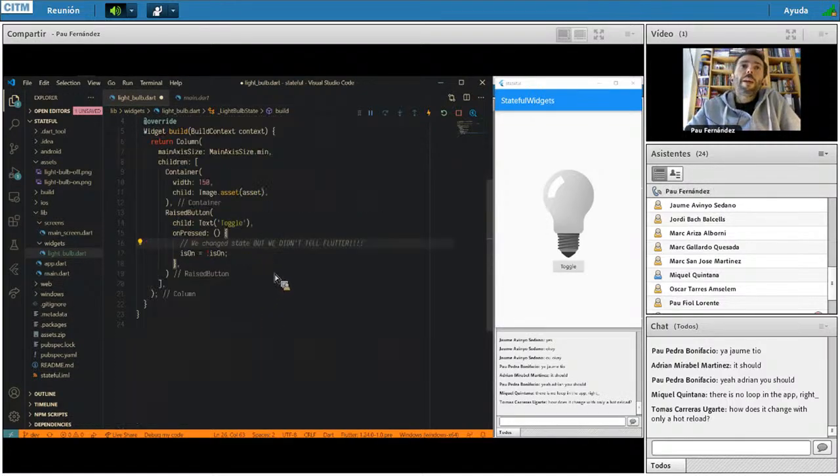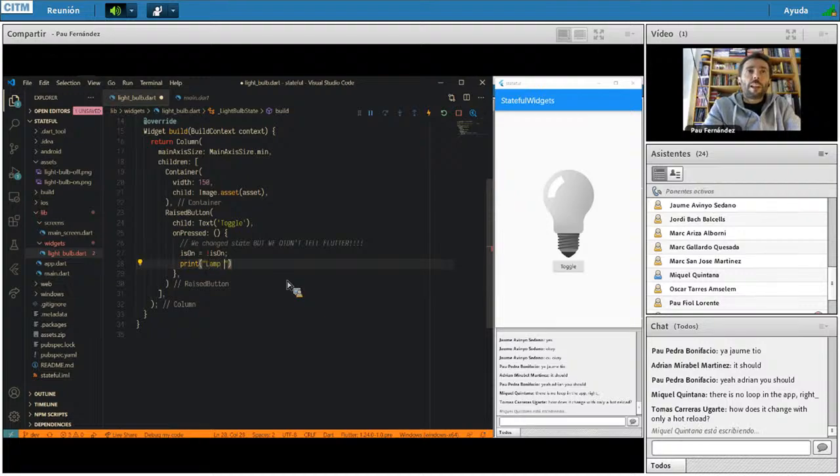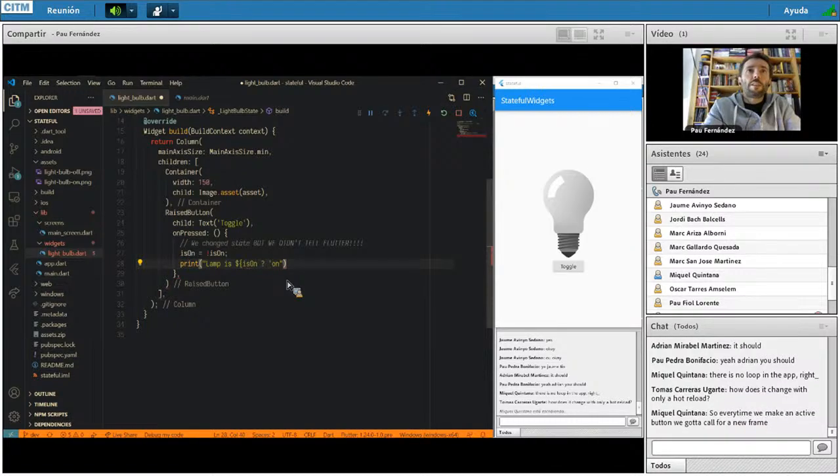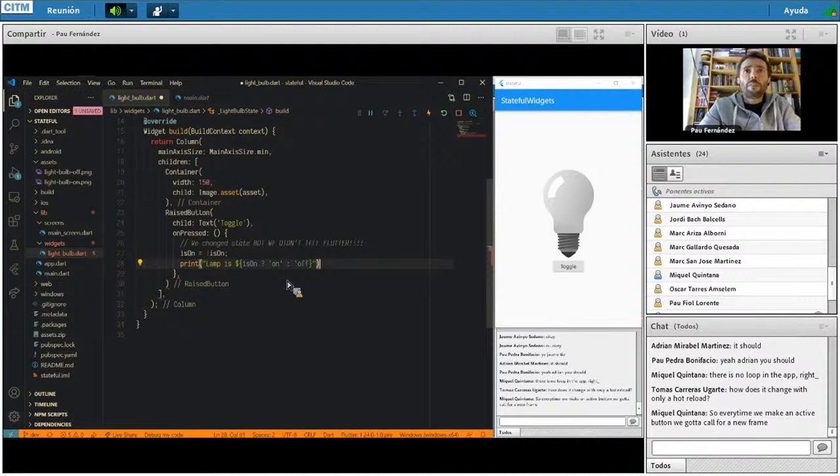Actually, to see this better, I didn't tell you this before, but you can print the information, and let's say something like lamp is, and then here I'll say is on, question mark, on or off. And whenever you print anything on a Flutter,